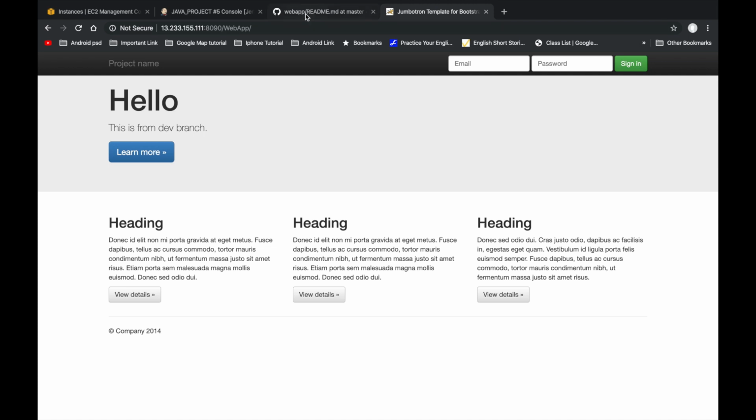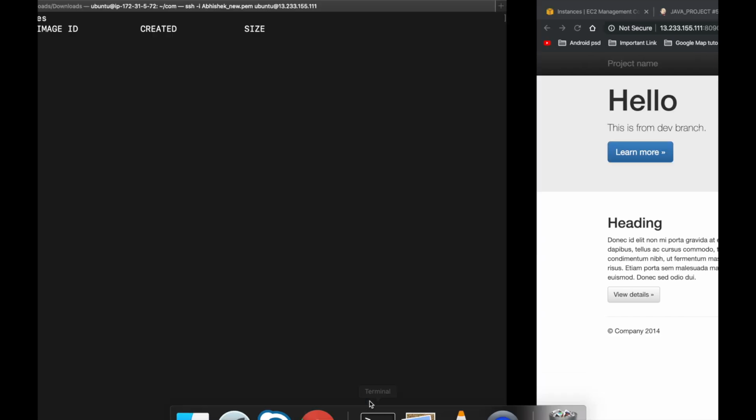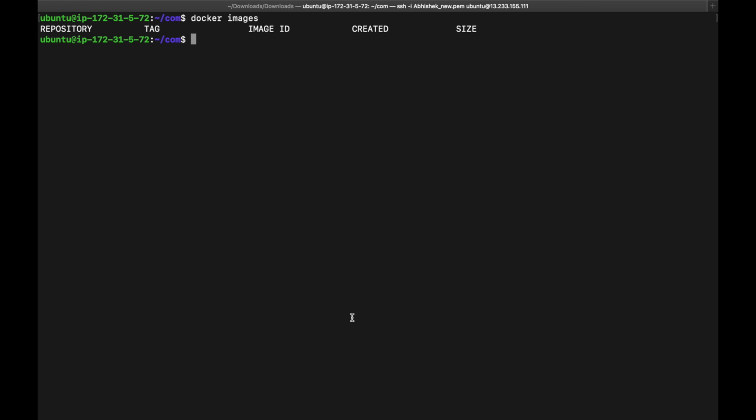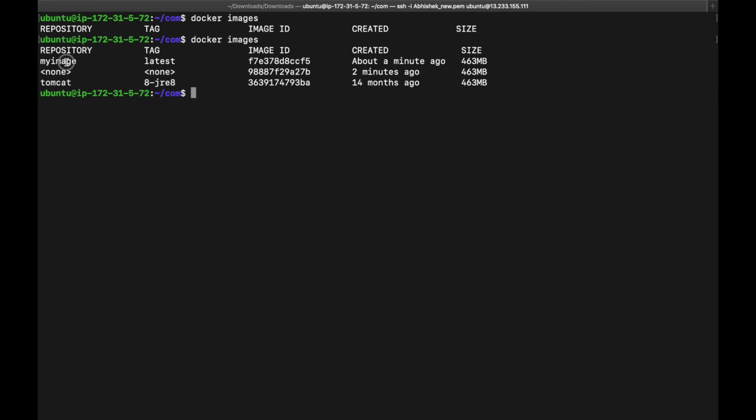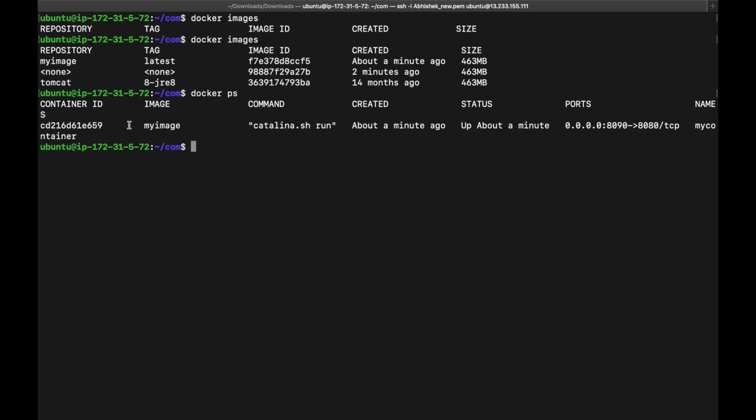What is our next step? We have to check whether the container is created or not. For that we go to our terminal and check the images with docker images. We can see here that my image is created, and the container is also created, and this is the container ID.